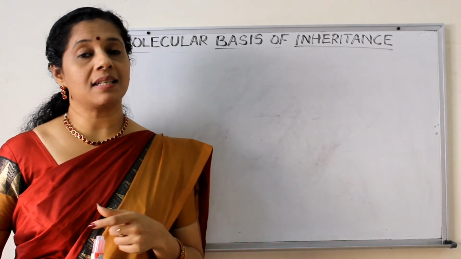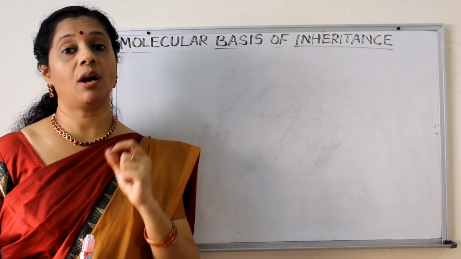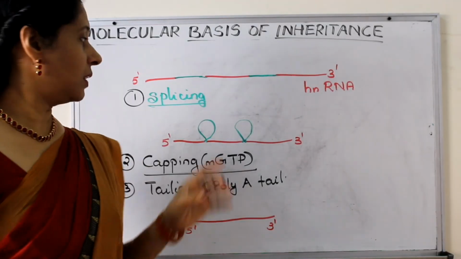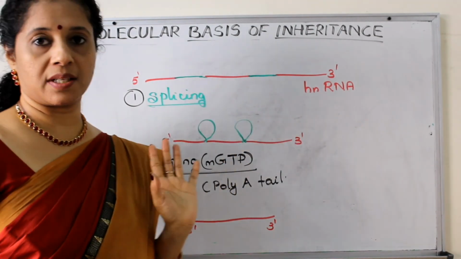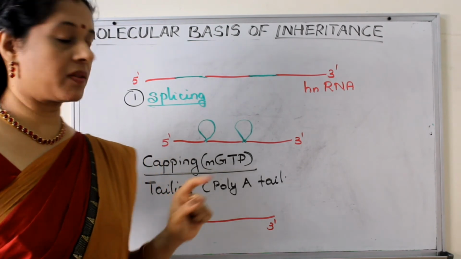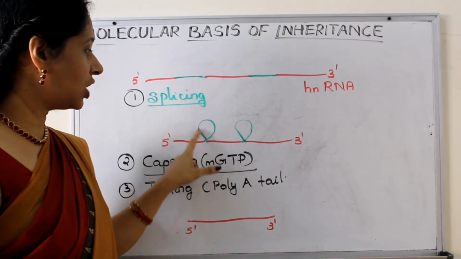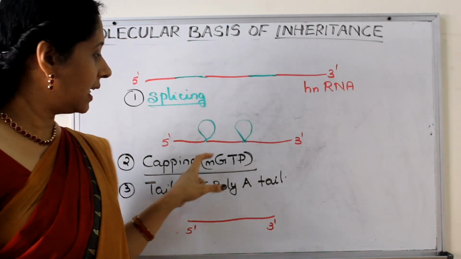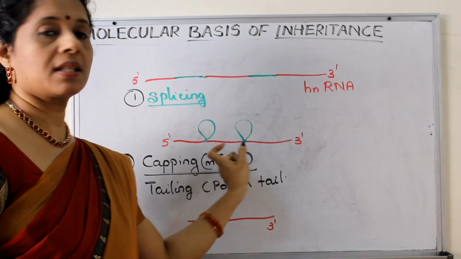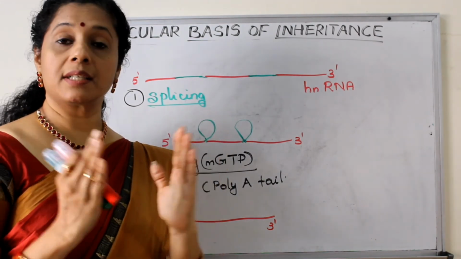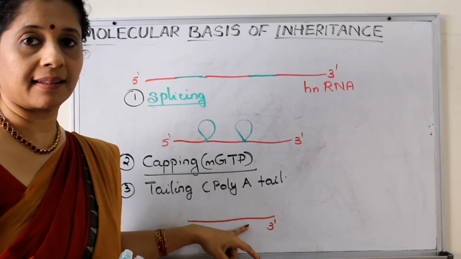So, now let us discuss the post-transcriptional processing in mRNA of eukaryotes. So, this is the hnRNA we got with the exons and introns. Now, it will undergo a process called splicing. During splicing, what happens? The introns, these green ones are the introns, will loop out and will be removed. Now, exons are joined back. So, it is becoming a mature RNA with all the coding parts. So, you will get like this.